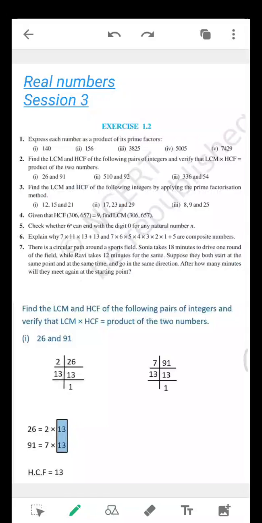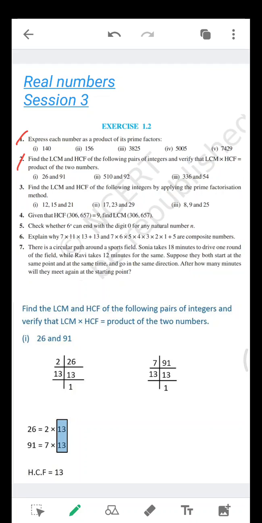In the second session, we have seen how to find the prime factors of the numbers. That is question number 1, using the fundamental theorem of arithmetic. Now in today's session, we are going to see question number 2 of exercise 1.2, in which he is asking